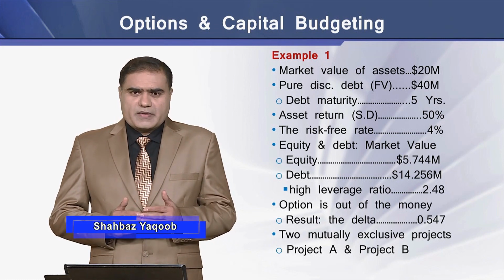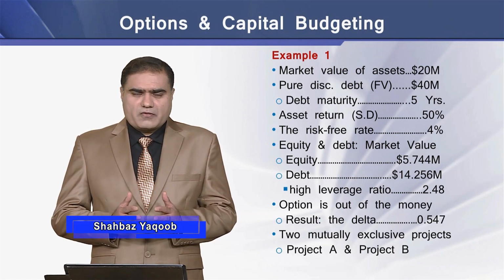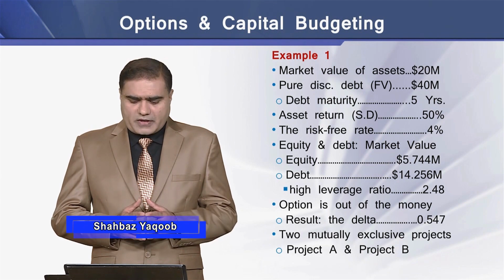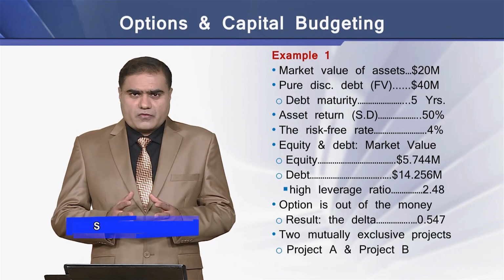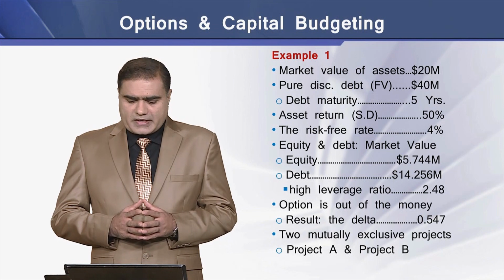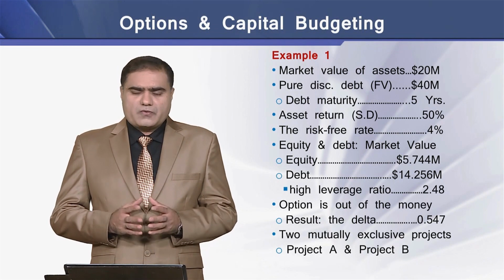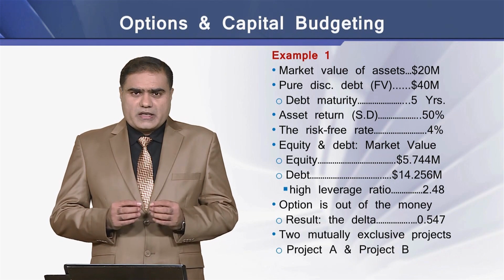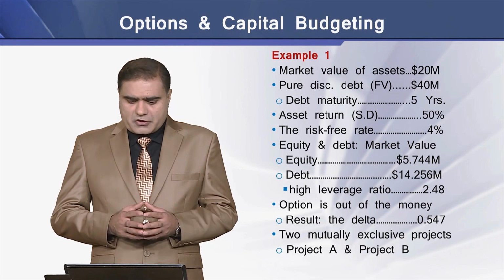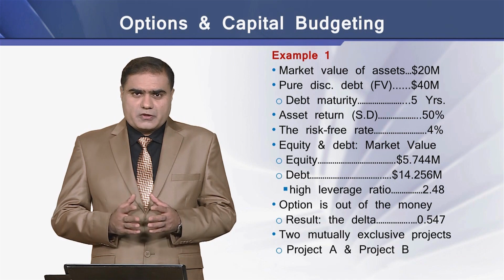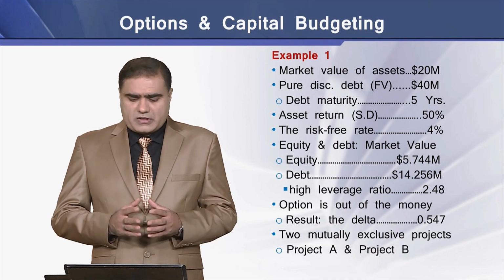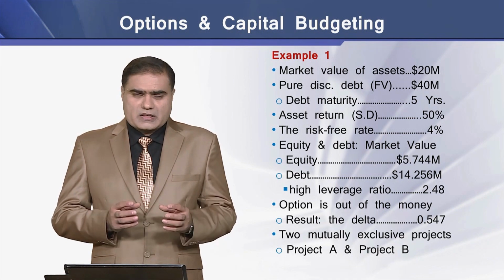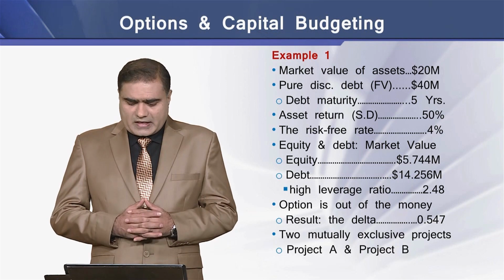Using these values, we can determine the market value of equity and debt. The market value of equity is 5.744 million, whereas the market value of debt is 14.256 million. This means that this is a highly levered firm with the leverage ratio of 2.48. Due to this reason, the option is out of the money, and as a result, the firm's delta is